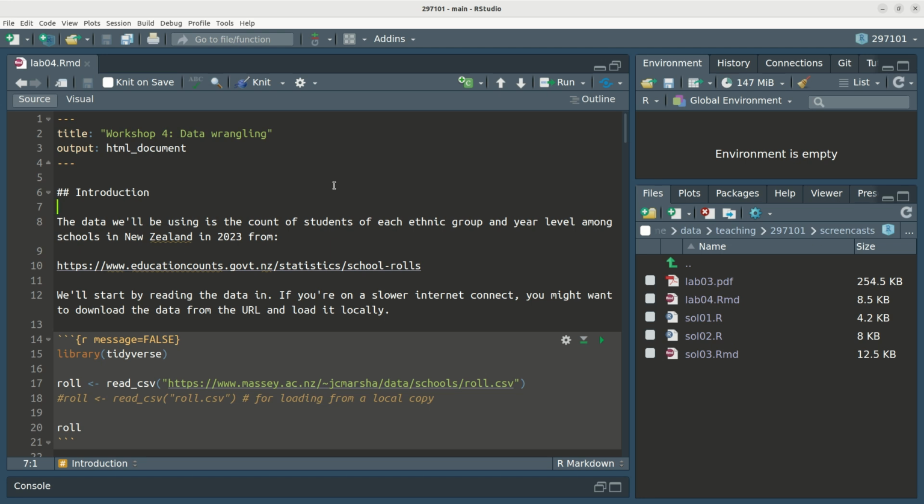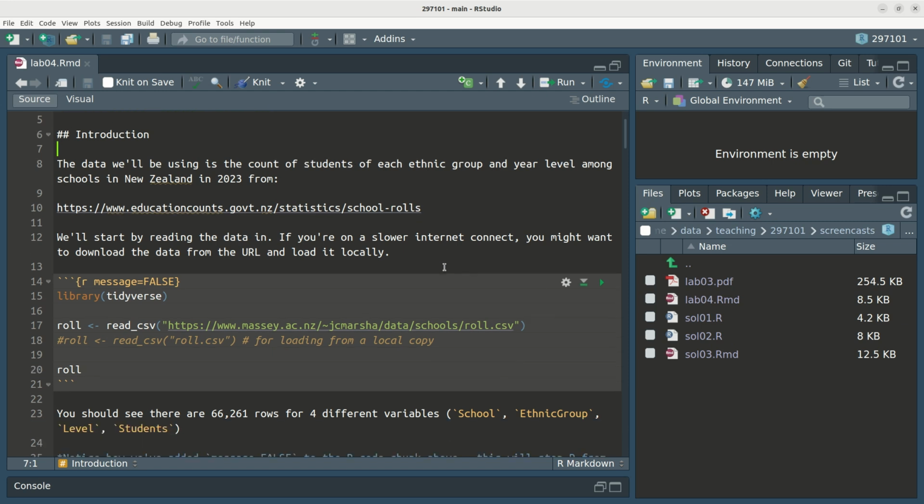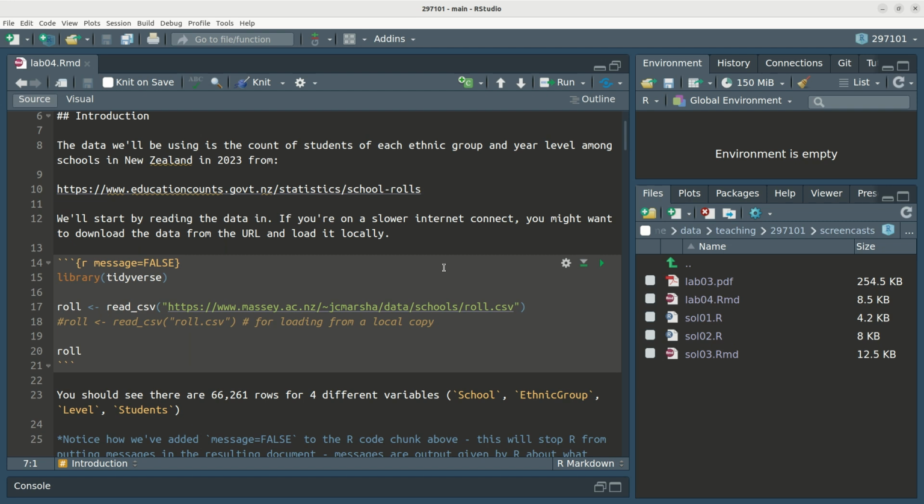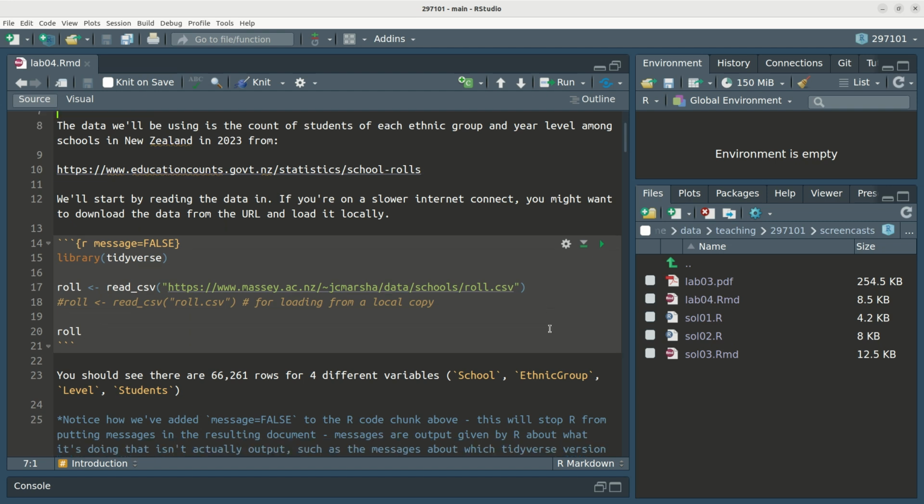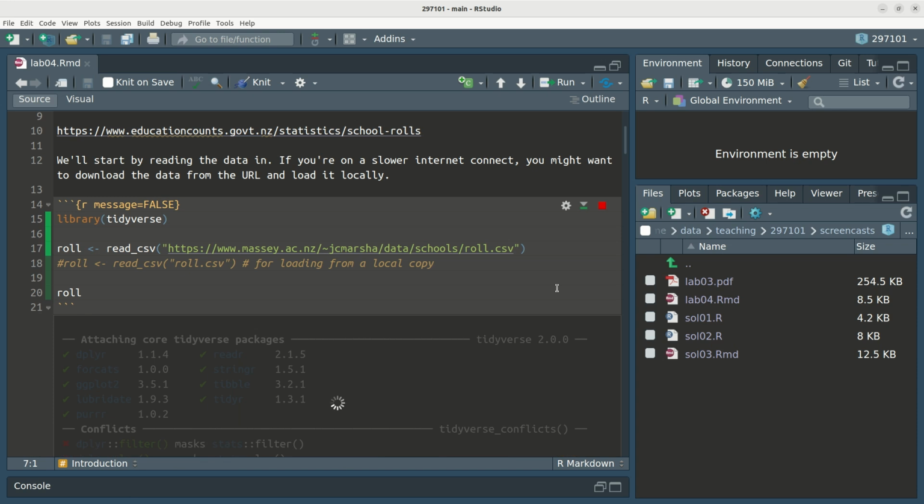And we're going to be using the dplyr library, which is part of the tidyverse, and the data for this week is going to come from New Zealand school roll data from primary and secondary schools in New Zealand in 2023, and you can follow that web URL there if you wish in order to find the data for yourself. So I've taken that data for you and mushed it around a little bit to get it into a form that we can use. So we're going to start by running this first code chunk, and we'll see that